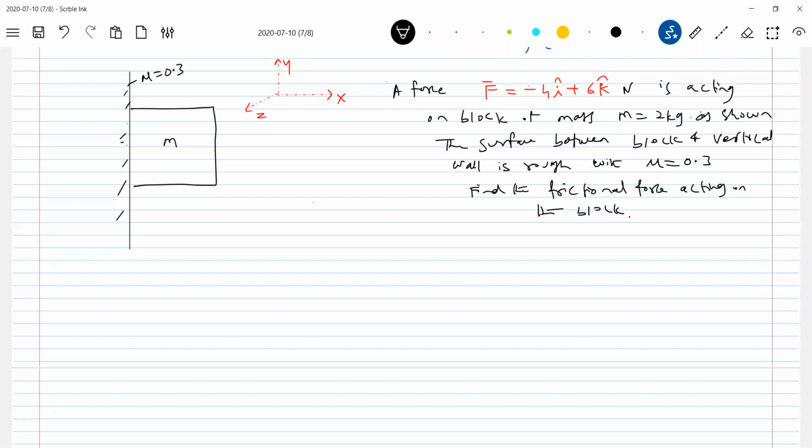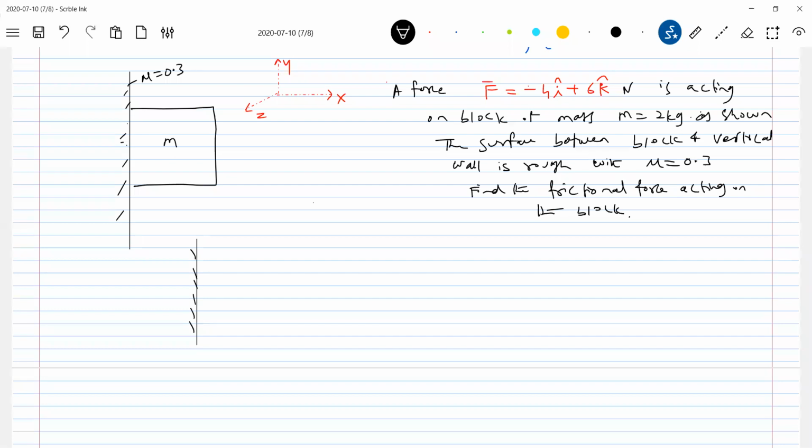You do one thing, this is something very easy. Take some box, press it against a wall. There are two forces acting. Tell me, what is that minus 4 I cap? I'll be pressing it now. It's three-dimensional, and whenever a three-dimensional problem comes, it is very difficult to draw, so you have to convert it into a plane diagram.